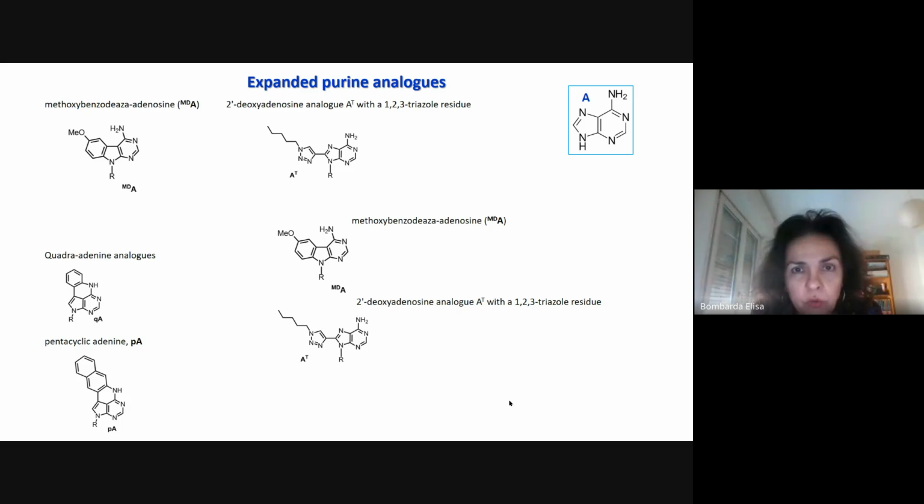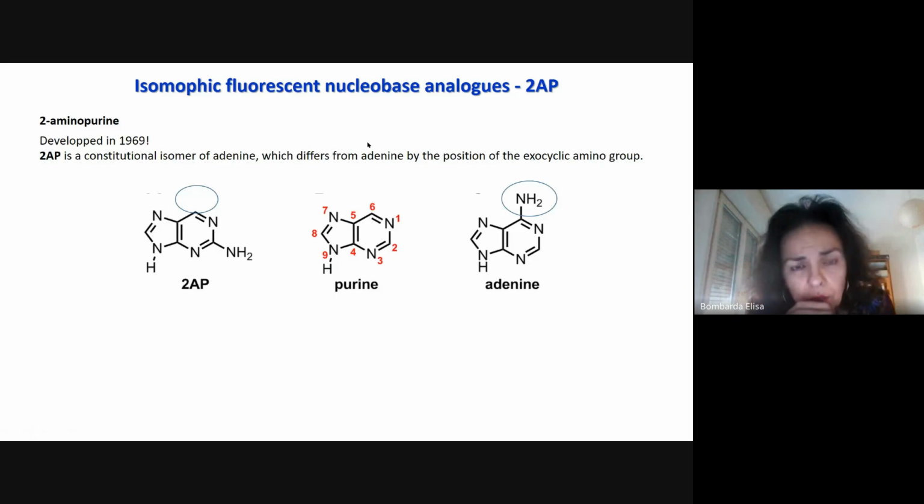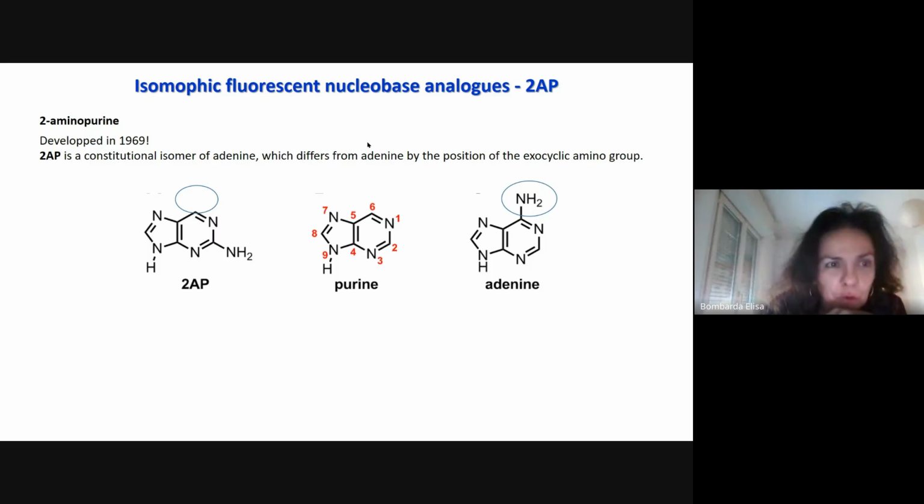pyrimidine, and there are also expanded purine analogs. And here is an example for adenine, so it's an expanded adenine analog. Okay, so let's move to the more interesting isomorphic fluorescent nucleobase analogs. And we start with 2-aminopurine, which was actually the first to be developed, the first analog that was